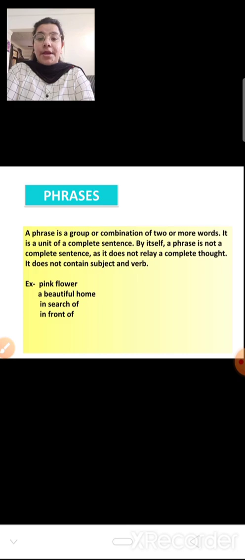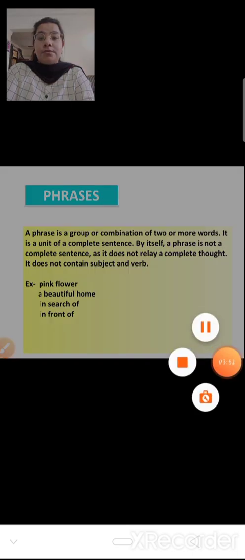If we separate the phrase from a sentence, then it will not give you a complete thought. You will not understand what the person is trying to say with a phrase. But if we add this to a complete sentence, it will give you a unique meaning. And the very important thing is that in a phrase there is no subject and no verb. You all know that